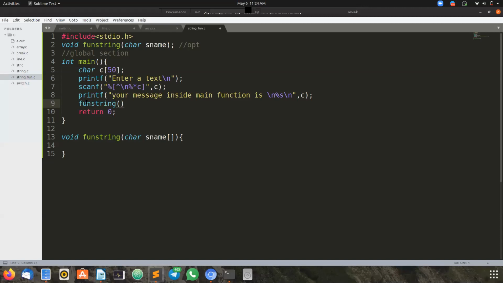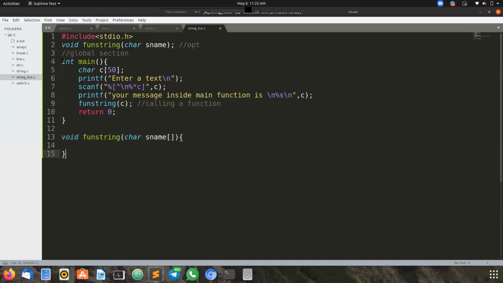I'm going to pass the parameter as the variable name. So this is a parameter. Now I'm calling the function here. This is calling a function. So this will become a called function.